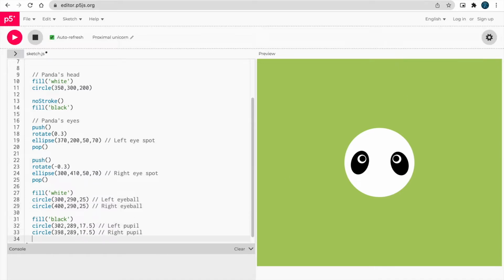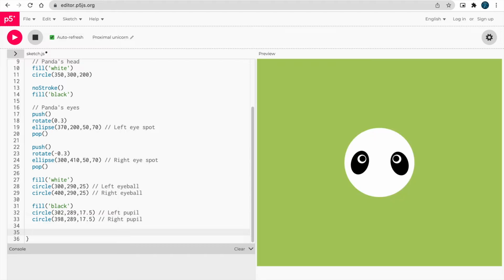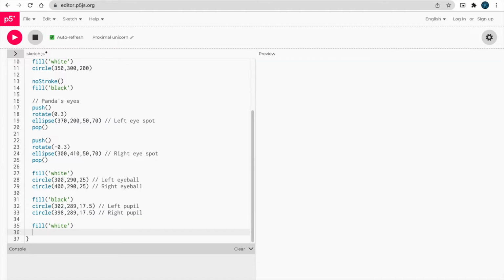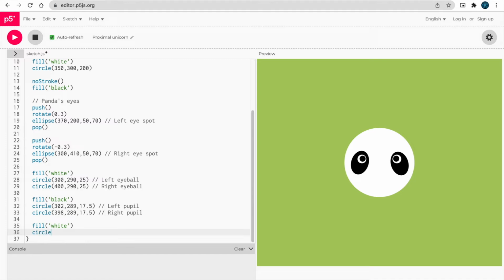And now let's add some white circles inside the eyes, so the eyes will look a little bit more positive. The circles must be in white, so let's add some white color, and again using the magic of the circles, 8 and 9 and 6.5.